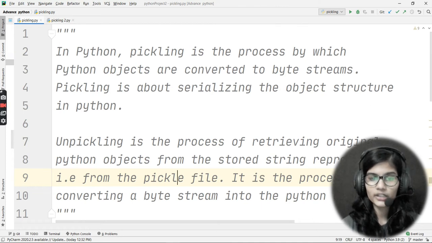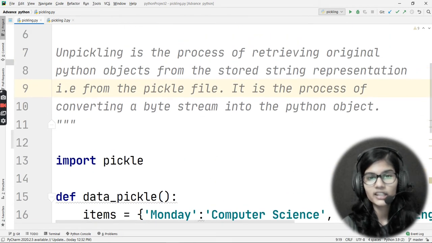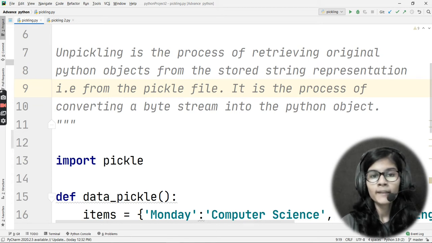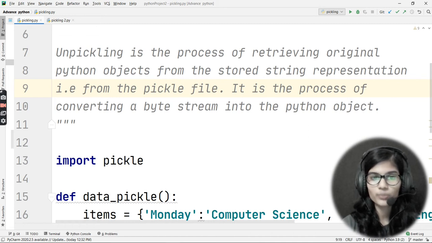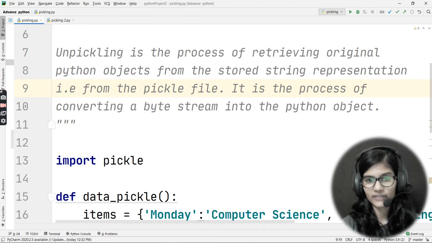Now what about the unpickling? Unpickling is basically the process of retrieving original Python objects from the stored string representation, that is from the pickle file. It is the process of converting a byte stream into the Python object, right? So here what happens is that I am having a pickle file, right?